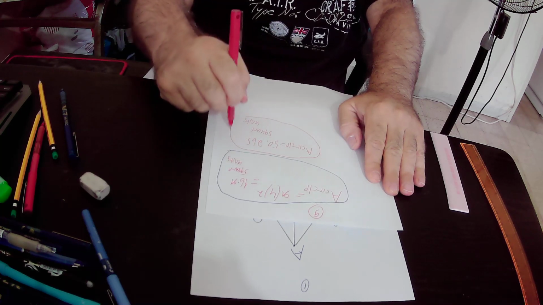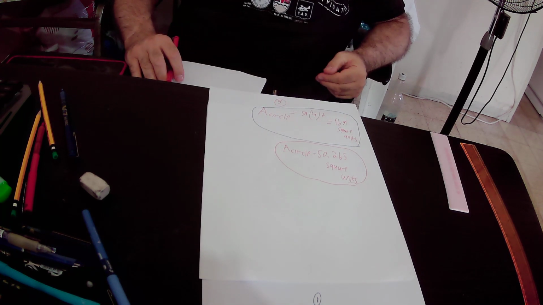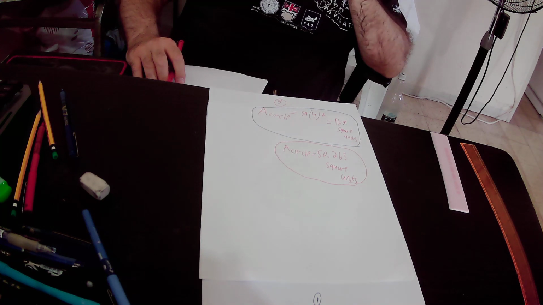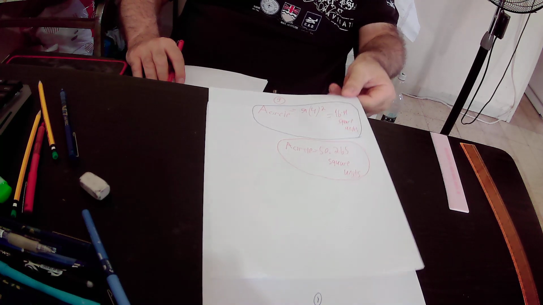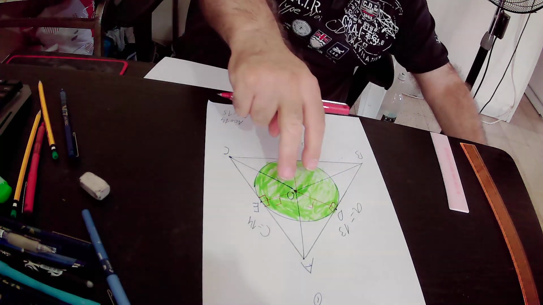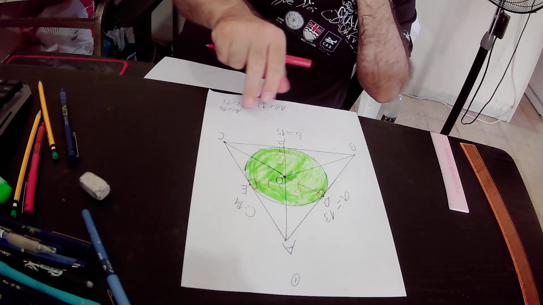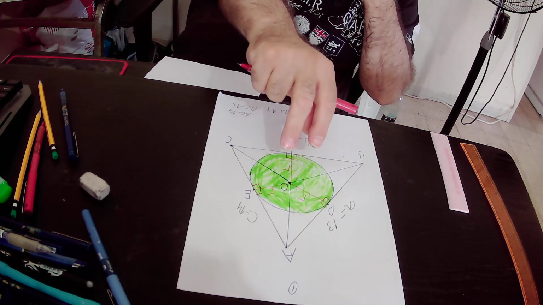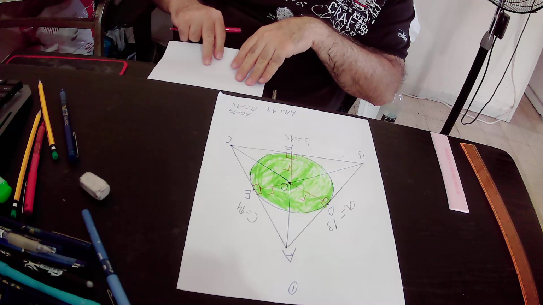So we found out that the area of the green circle equals 16 pi square units, or 50.265 square units. Okay, in the next step